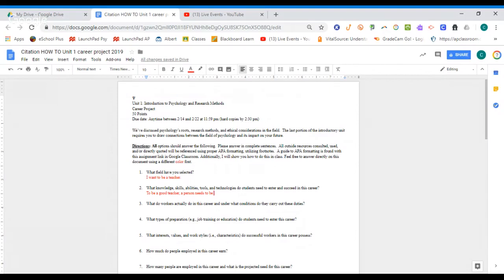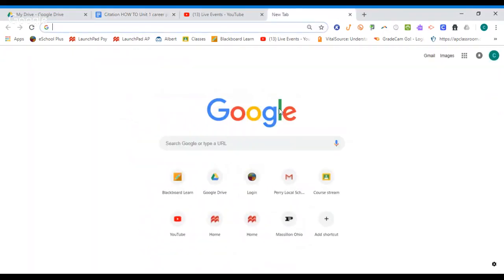But we get to question 2 here that's asking us what knowledge, skills, abilities, tools, and technologies do students need to enter and succeed in this career? Well, I'm guessing I probably need to go to the internet to do some research to see what types of skills, abilities, and tools I will need in my future teaching career, right? And so we could come up here and open a new tab and go to the internet and search, but